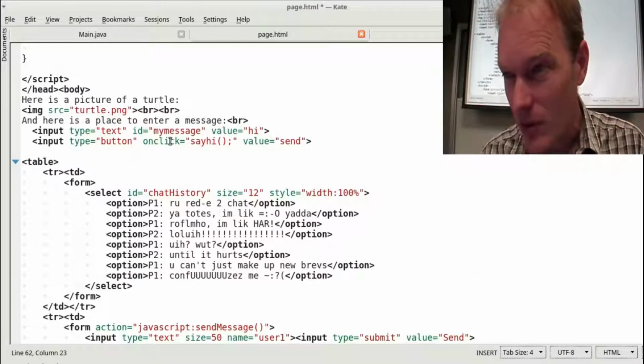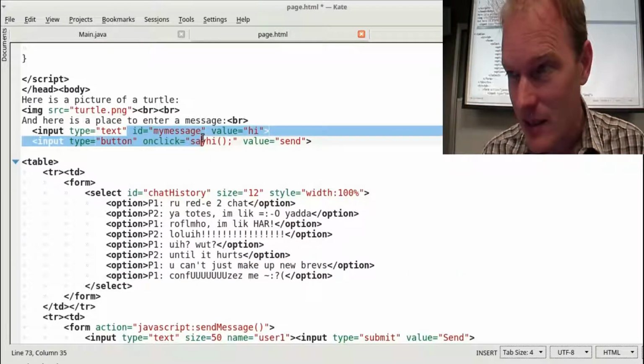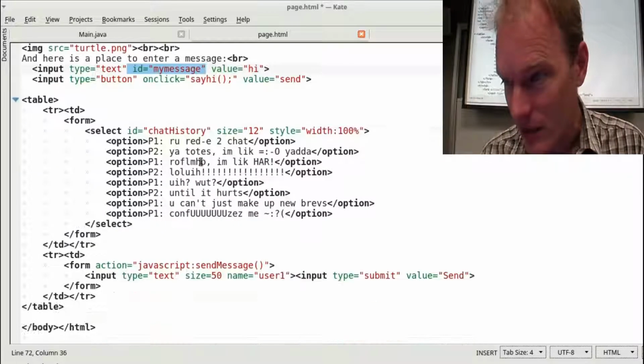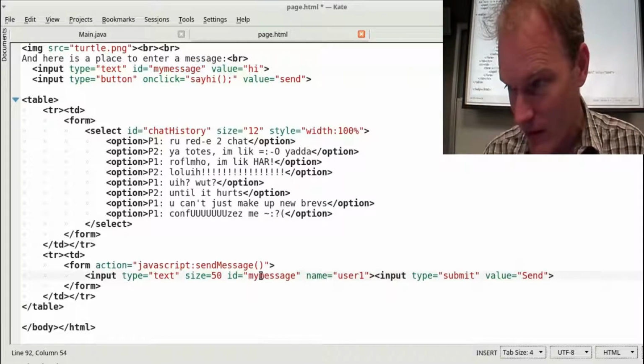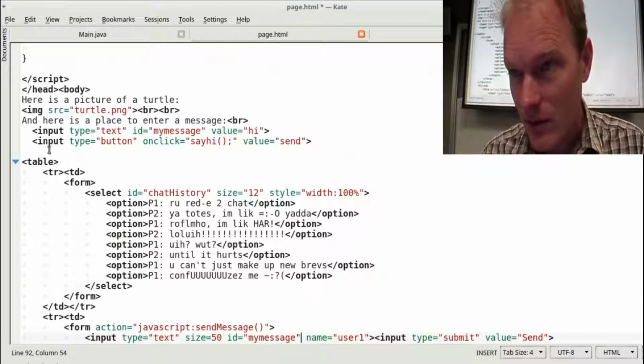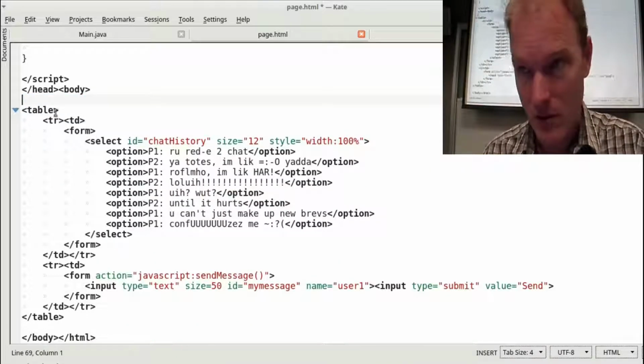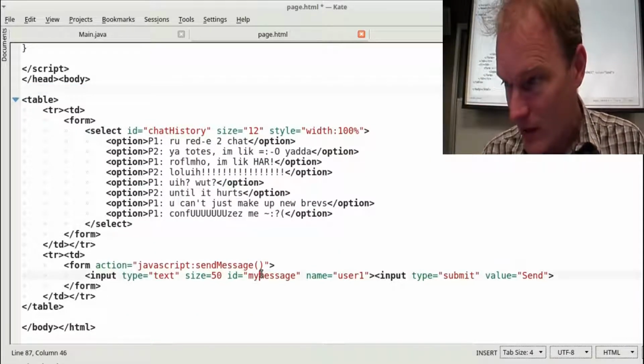How do we do that before? I have an ID equals message thing here, and I used that. Let's add an ID to our text. In fact, while we're at it, let's get rid of these ones. Goodbye, picture of a turtle. Have this ID equals my message.